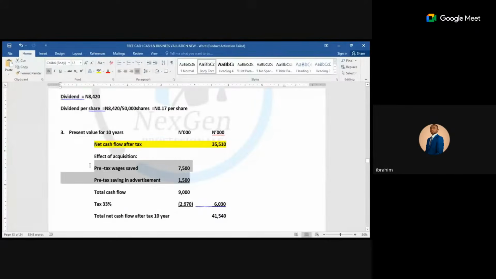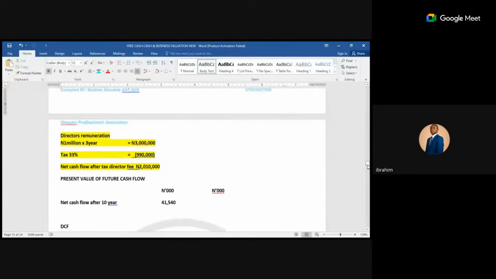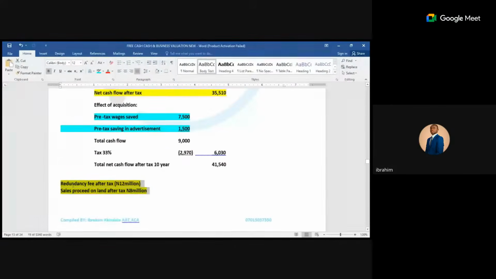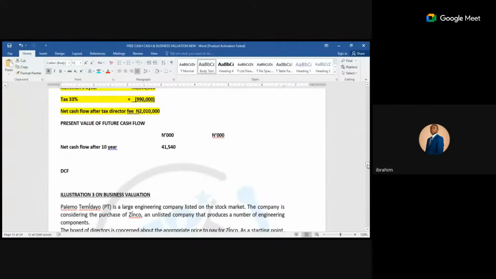Interesting. Let's just do something. This is in real term. This is in money term. Then we have this as one-off. Now, in order to make these things easy for us,